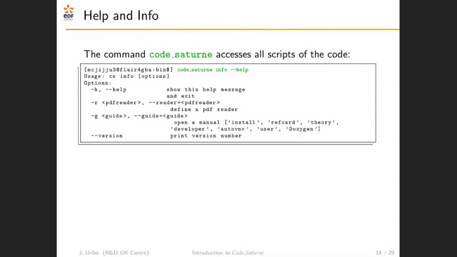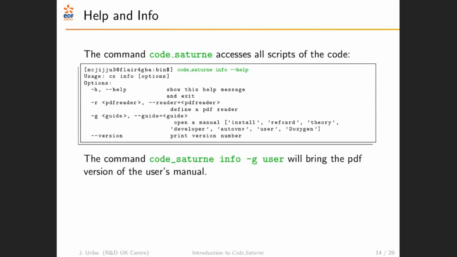The first thing that you need to know is how to get information and help, obviously. So if you type --help for each of the commands in the previous slides, you get the help for that particular command. In this example, if you type code_saturne info --help, it will show you what options you have for the information subcommand,